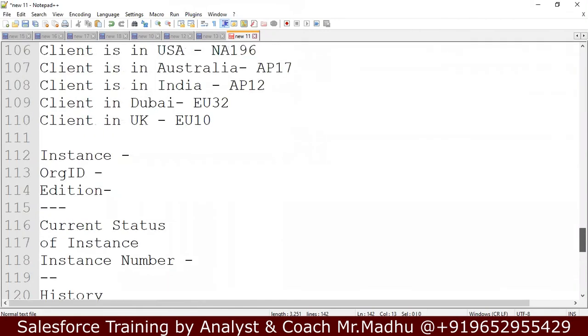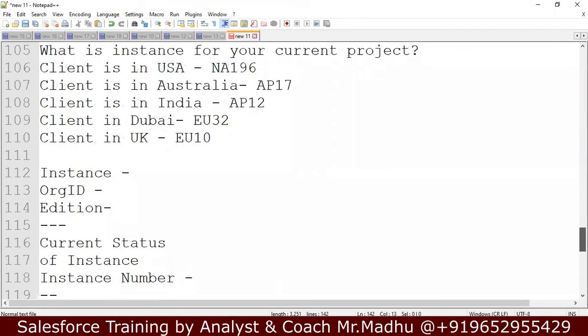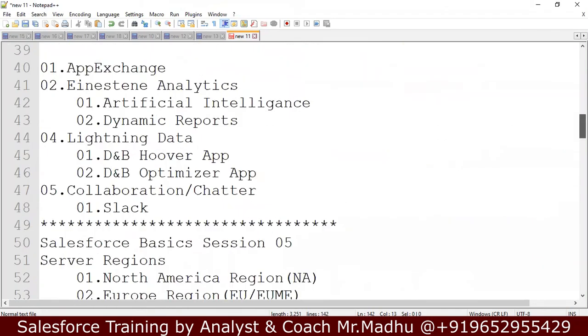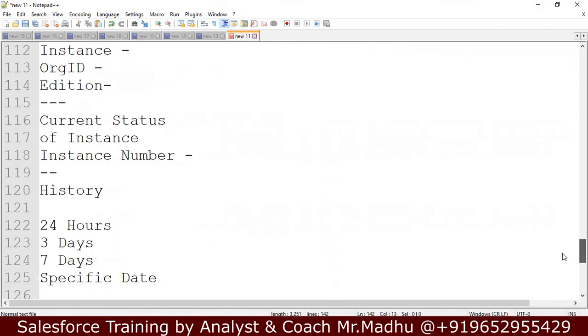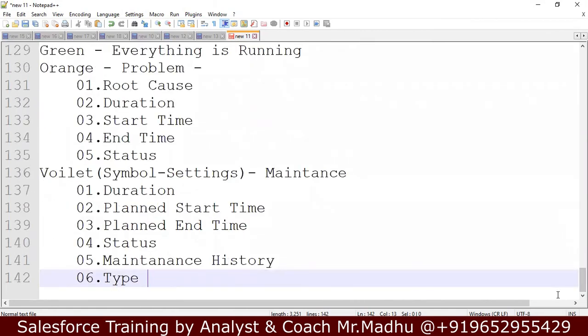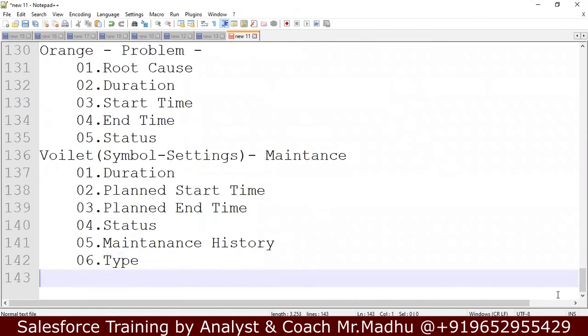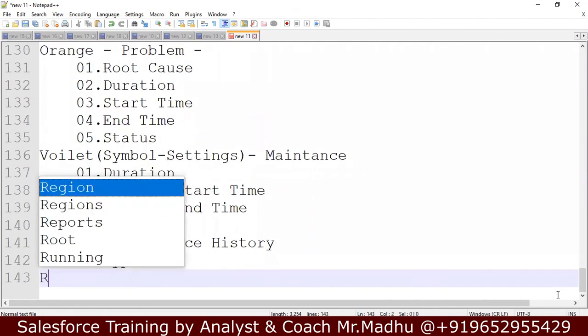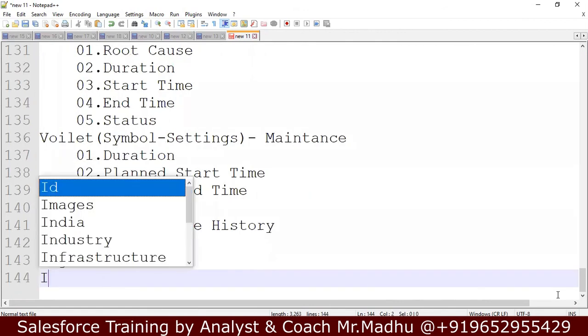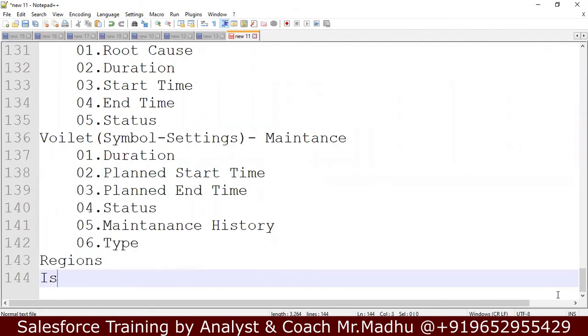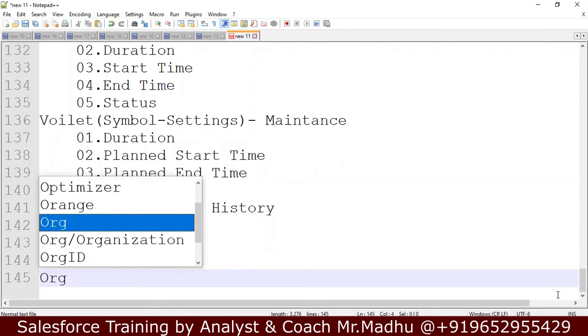We have seen different instances. We have discussed in this session regions, number of instances, and org ID.